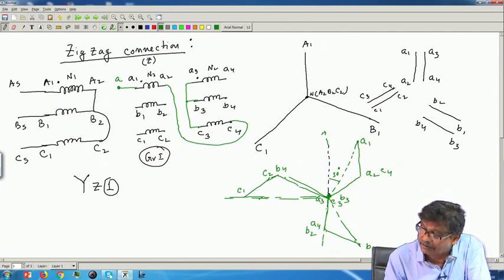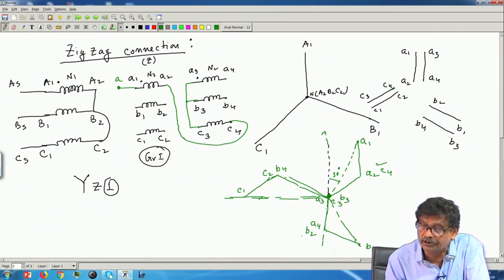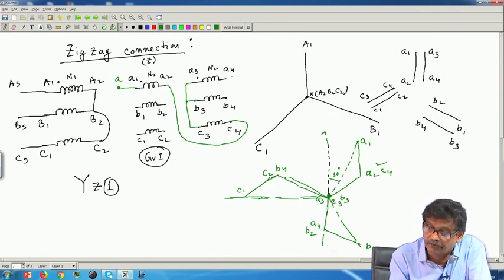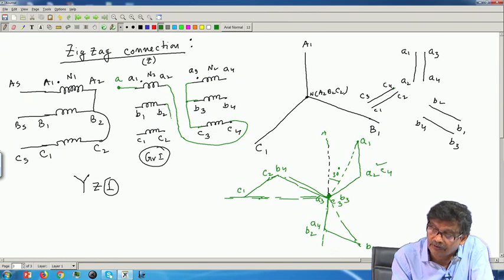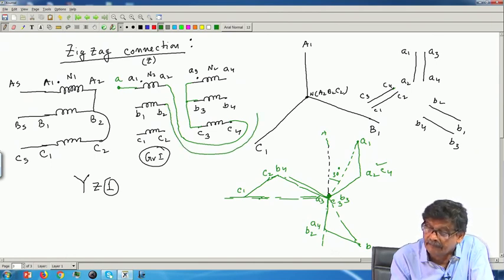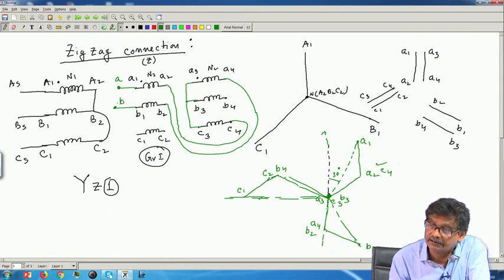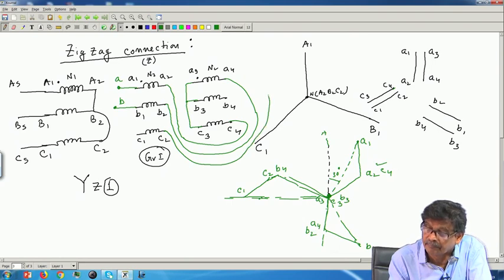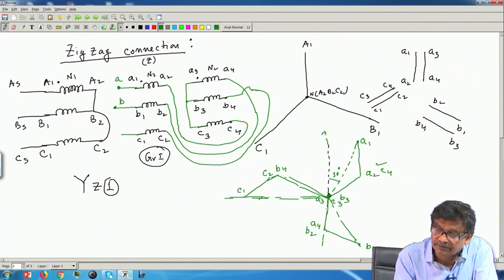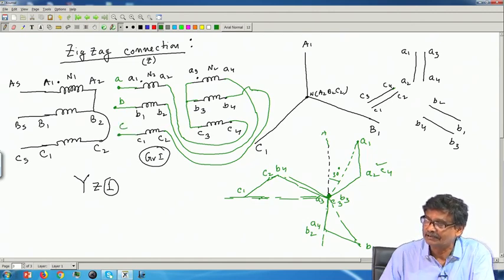Similarly, come to the connection. So, this is over. A4 B2 is to be shorted. Where is A4? So, A4 and B2 are to be shorted. It will be like this, and this will come as B phase terminal. Similarly, C2 B4 are to be shorted. C2 and B4 are to be shorted, and that will come as your secondary C phase terminals.